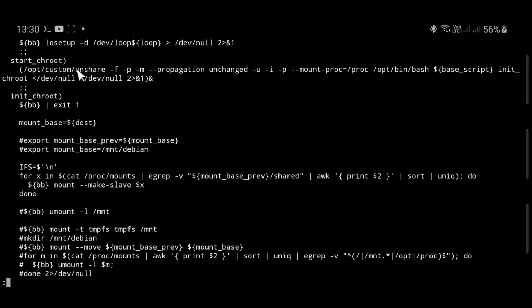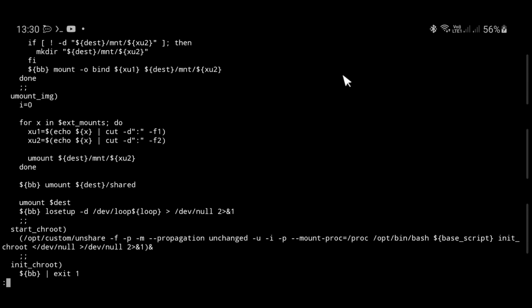We are using again the unshare binary here, which is supplied by Entware. In that case, I use here some precompiled binary. You can also switch it to the Entware version, and we are starting the init chroot, the base script. So the base script is the current script. It's start_deb.sh with the parameter init chroot, and you can probably